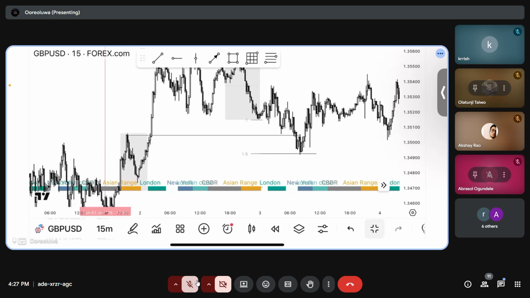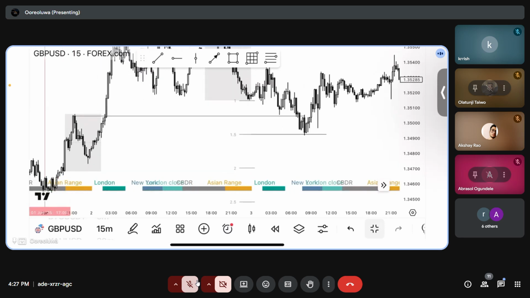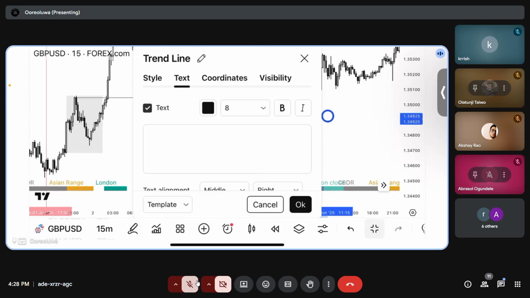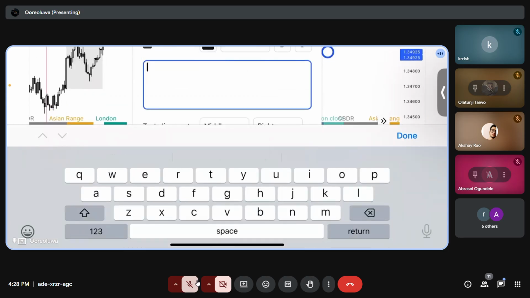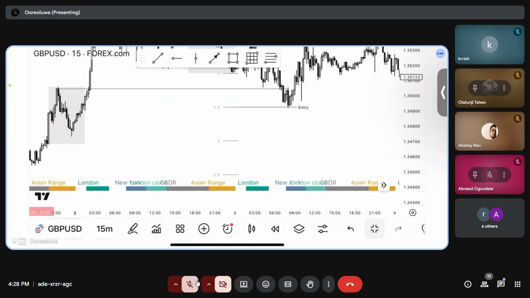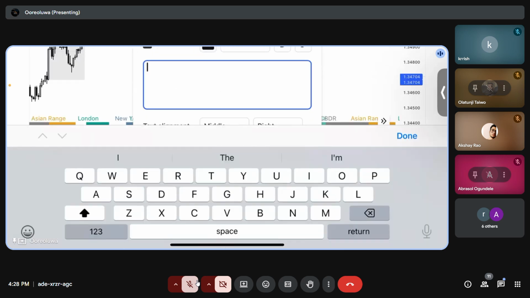The only deviation that is around the breaker is 1.5. So that's your target, that's where you want to look for entry from. And 2 will be your stop loss. So if this is your entry, then 2 will be your stop.